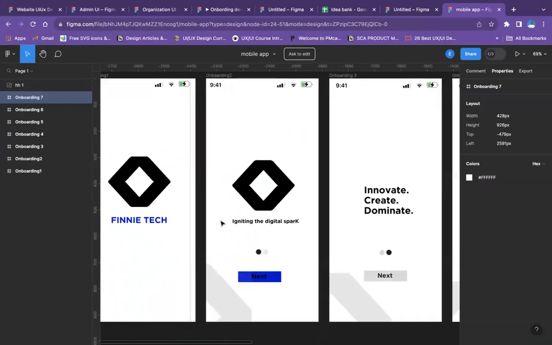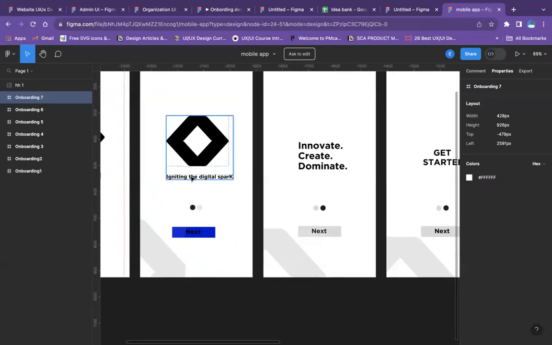Reduce this and let it stay well. Then this is not an onboarding screen. You're just telling me I should ignite the digital space. I don't even know what is supposed to be on your onboarding screen. Take notes: it's your value proposition. What are you selling? If you open Piggyverse, they will tell you fast savings, better savings,